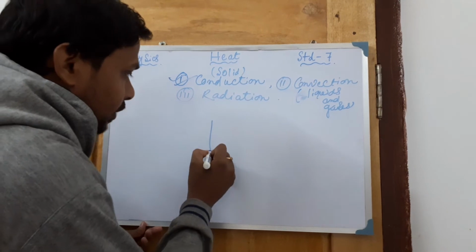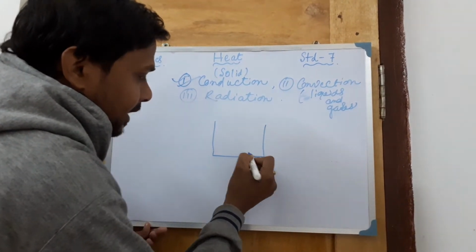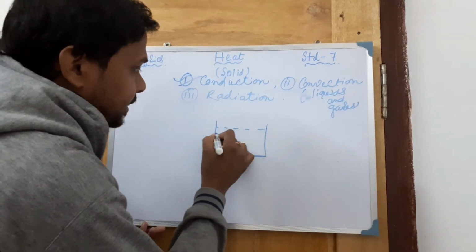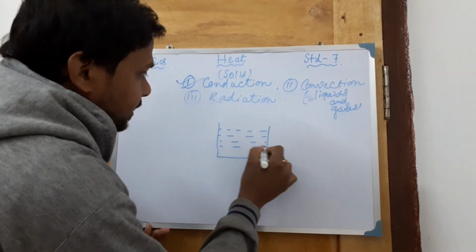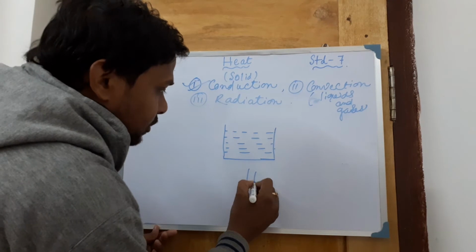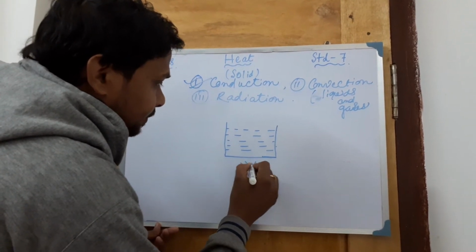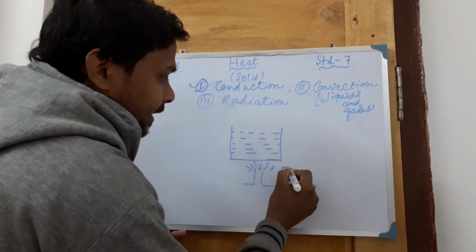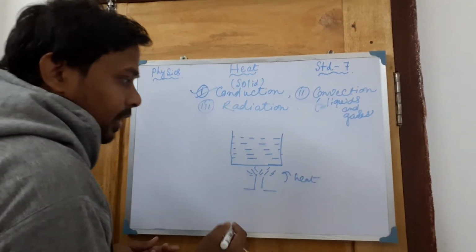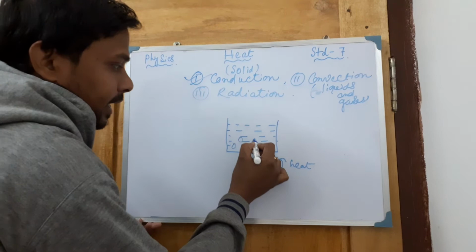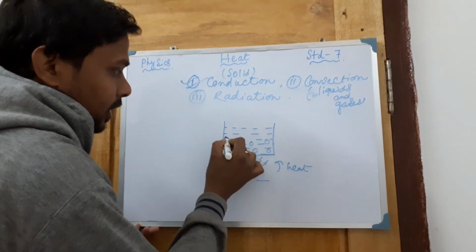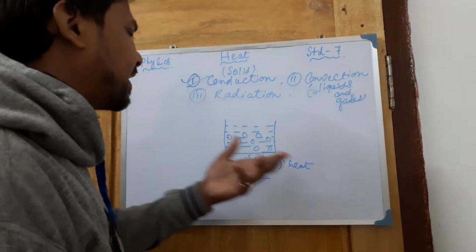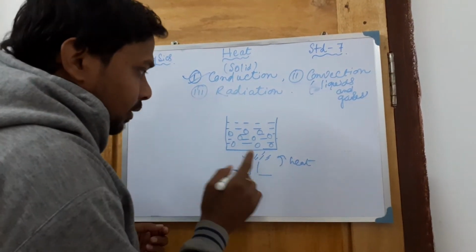Now I am taking one example. Suppose in a particular pot, in a particular can, some amount of water is kept. Now you are putting this on a flame, in a burner, a gas burner maybe. Now energy is supplied, heat is given to this. Now what will happen? We all know that the molecules are slightly apart from each other because this is a fluid, a liquid or gas, suppose. Then what will happen?